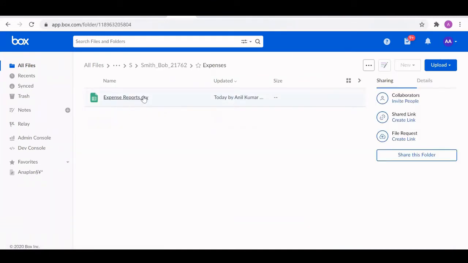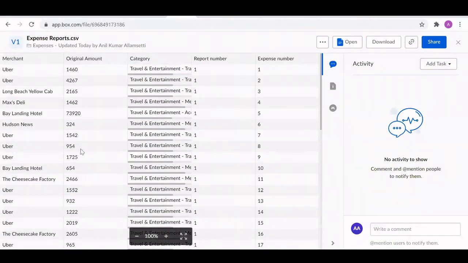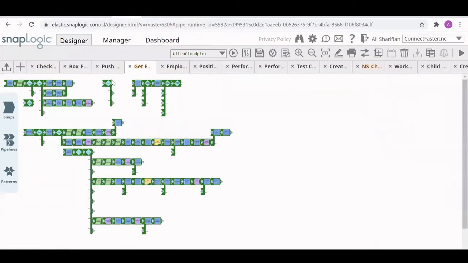And you have expense information, so you could have expense reports. These are all the expense reports tied to Bob Smith. So just going back to the pipeline. So that's for a hire. So when someone is terminated,